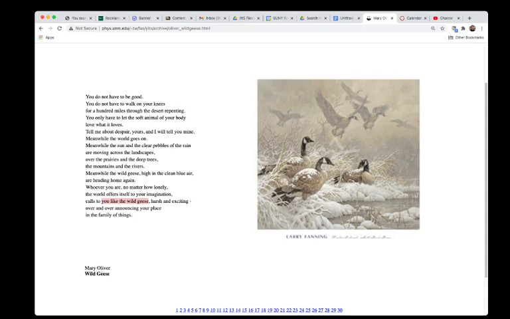And this idea that the entire world is calling to you like the wild geese and calling to you in a way that brings you into a relationship, a familial relationship with the world, is a very interesting message for the poem to have. And moreover, we have to think about what the metaphor of wild geese really means. When geese are flying and calling to each other, what do we know about that? Well, we might know that geese are flying in formation in a family unit, and they're doing that to get somewhere. They're migrating, they have a goal. They're going to get to a warmer climate or a cooler climate, whatever their goal is, right?